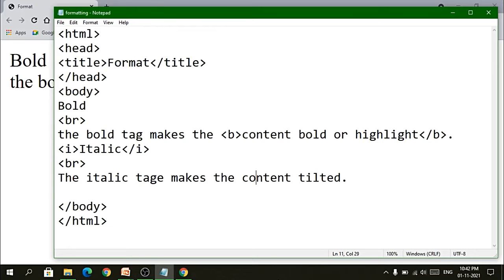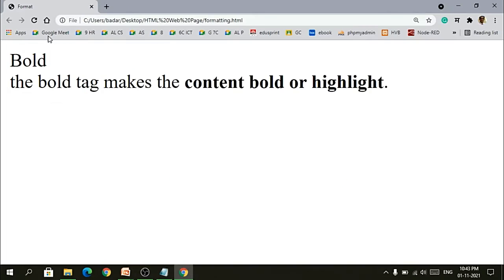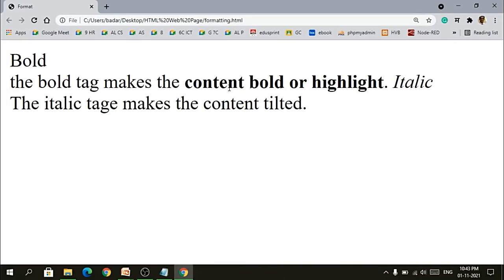I am not using the I tag here in this part, I will use it later on. So just showing you what exactly will happen. So I will refresh it.